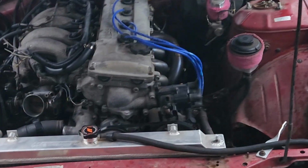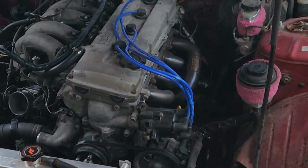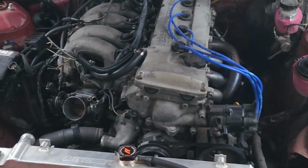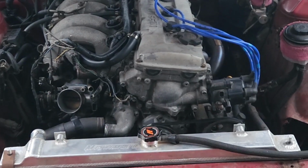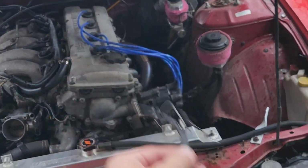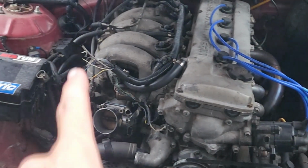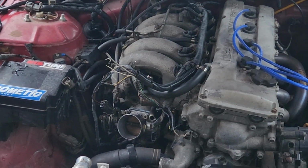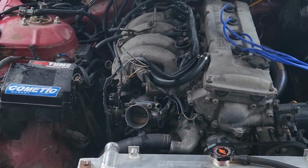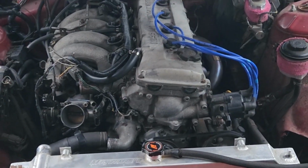Now with the distributor on, I reconnected all the spark plug wires there, and going to be on to the next step. The plug here was never connected when I got it, and you can see it was cut off the harness that I have. So I am going to solder that up along with fixing a few other connections that I have on the car,